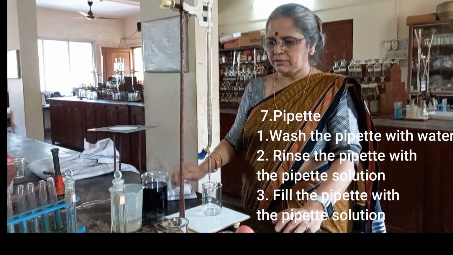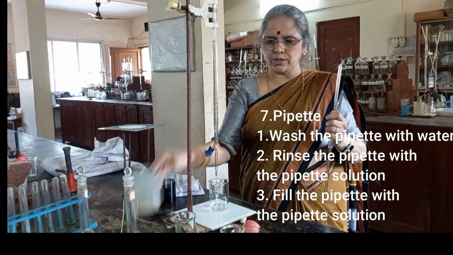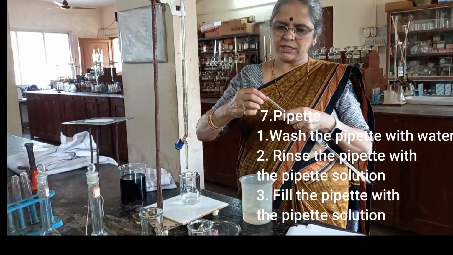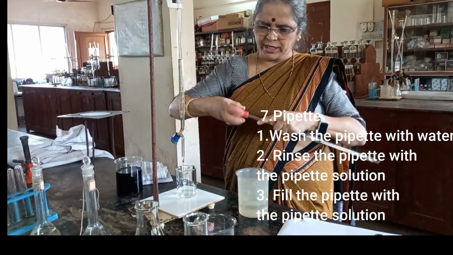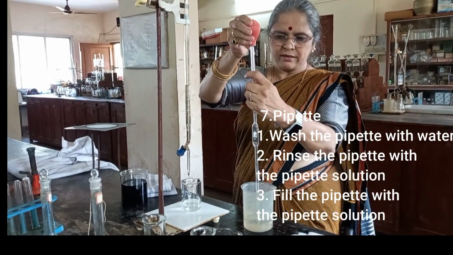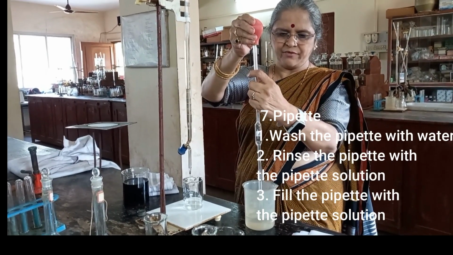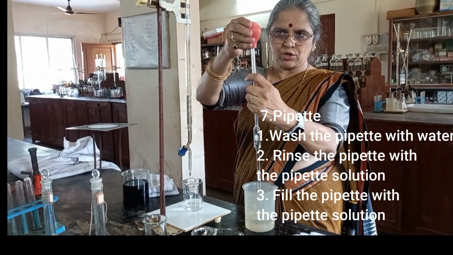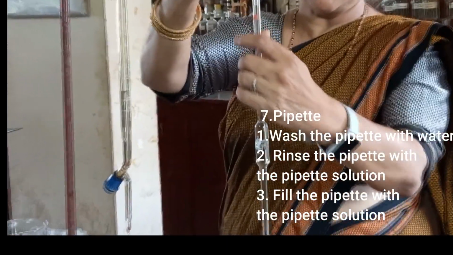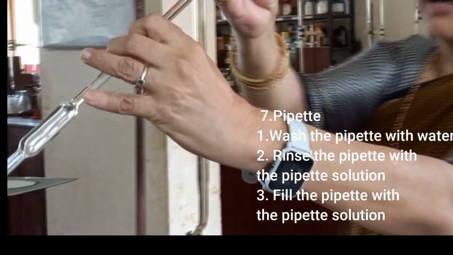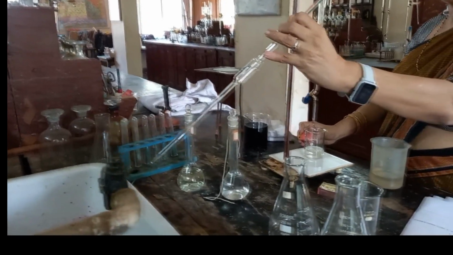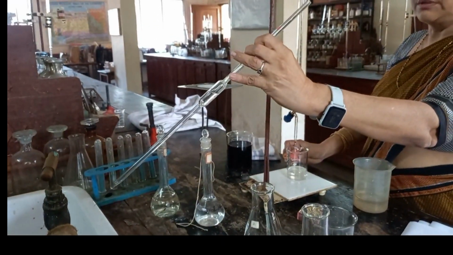After washing the burette, you need to wash also the pipette. I will wash the pipette. This is a rubber bulb. Now this rubber bulb, I will fit it to the pipette, and then I will press it like this, and then the bottom tip I will dip in water and release that pressure on the rubber so that the water rises in the pipette, and then I will allow it to run out in the basin. So the inner walls of the pipette are also getting washed with water.